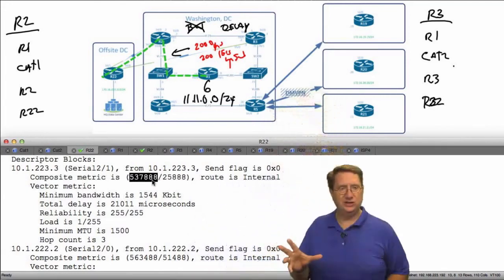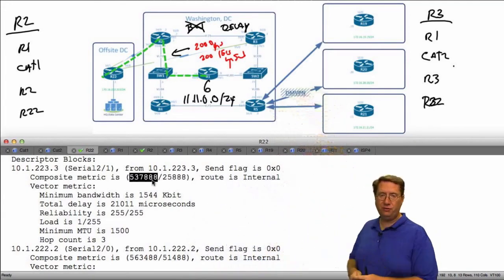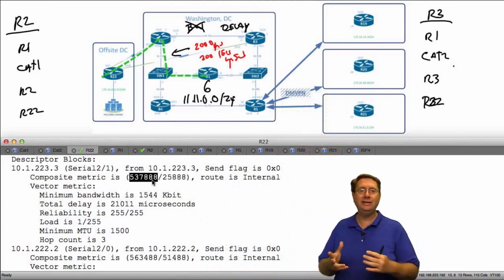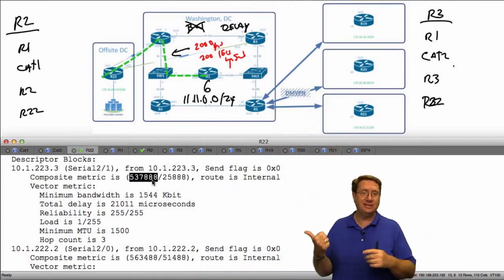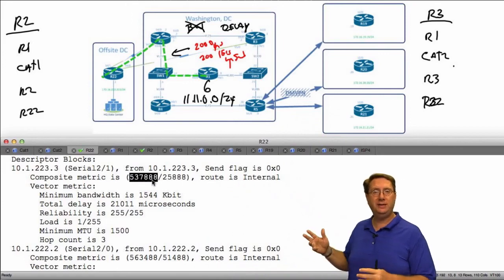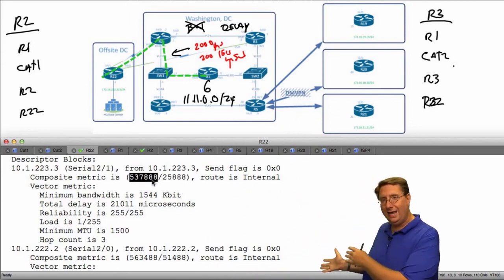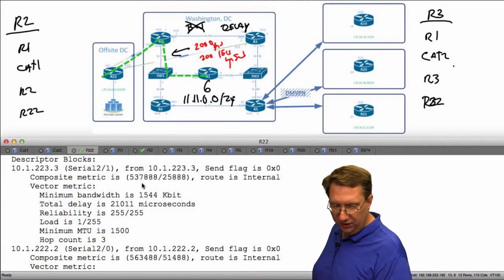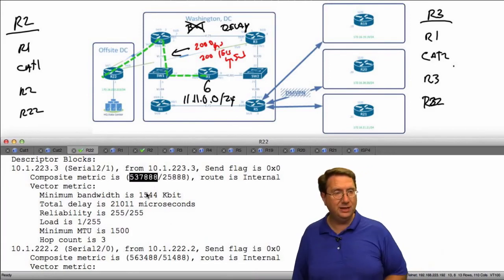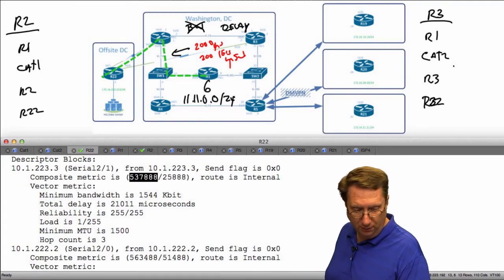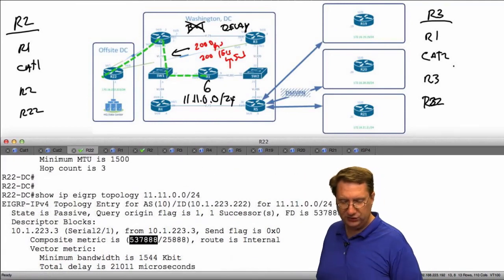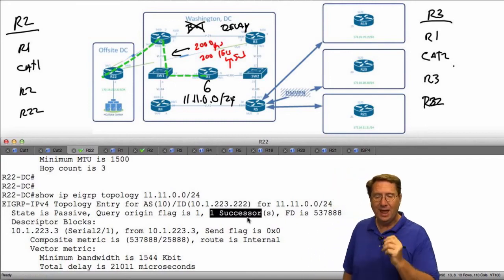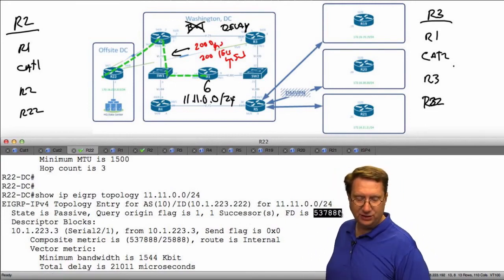Now the beauty of this is the fact that these entries are still both in the topology table, but we need to ask ourselves, based on this output, which of these prefixes are going to be installed in the routing table. When we take a look at it, we know that the lower metric is going to be the prefix that normally gets installed. So I'm going to bump up a little bit, and what I want you to see right here is notice it says we have one successor. And the feasible distance of that successor is